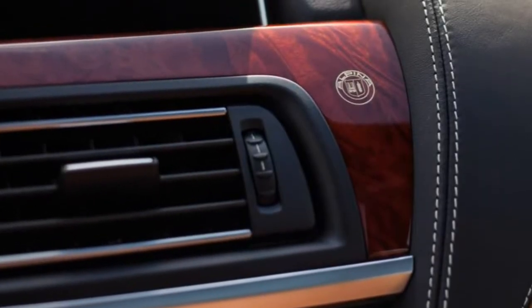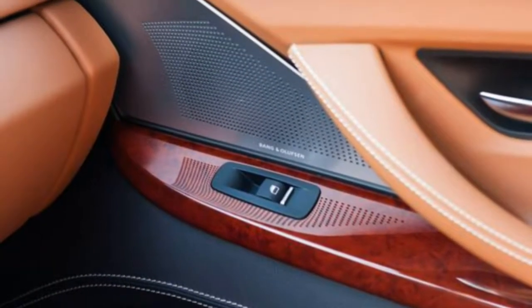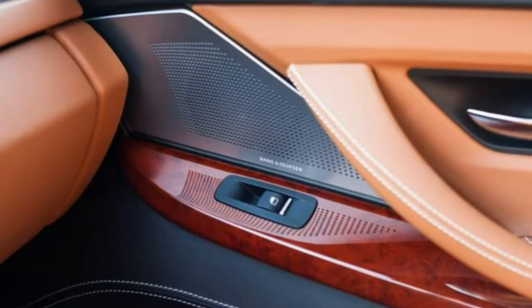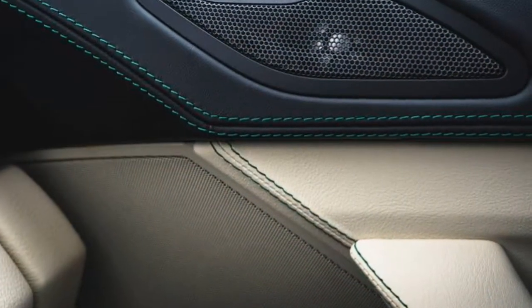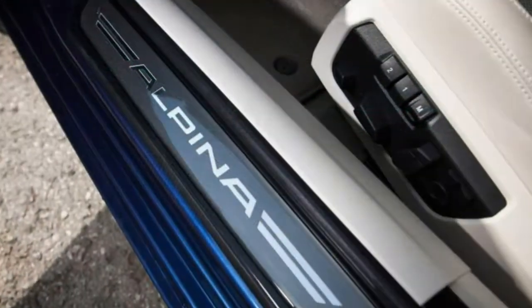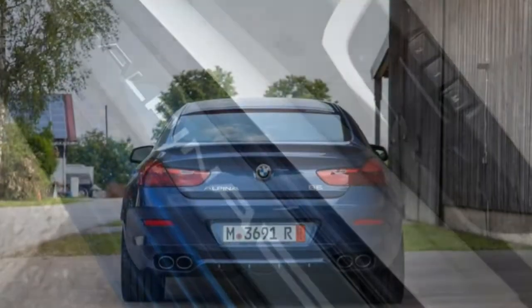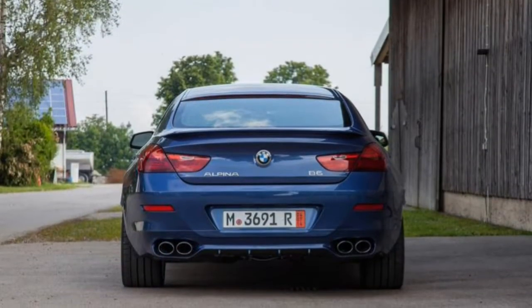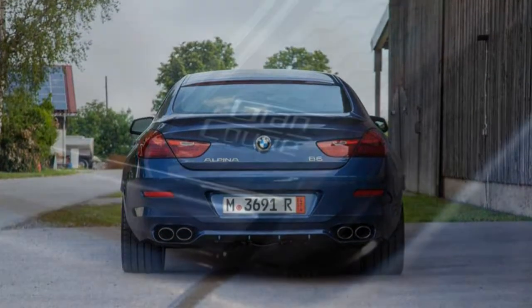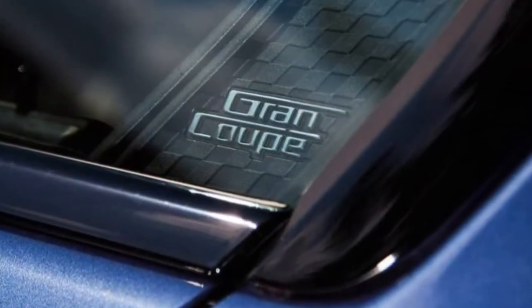2018 BMW Alpina B6 Gran Coupé review. The Alpina B6 is usually a rare sedan or coupe that provides a masterful mix of elegance and speed. Those accustomed to BMW understand the M Performance division creates some scintillating cars. Fewer individuals will know where Alpina slots with BMW, which only helps make the 2018 BMW Alpina B6 Gran Coupé